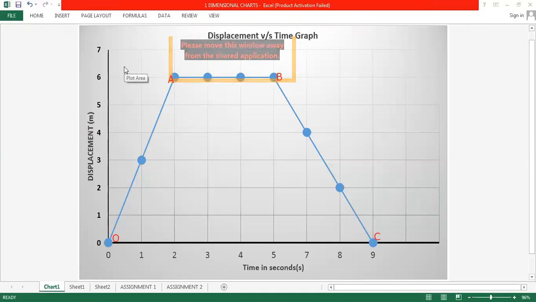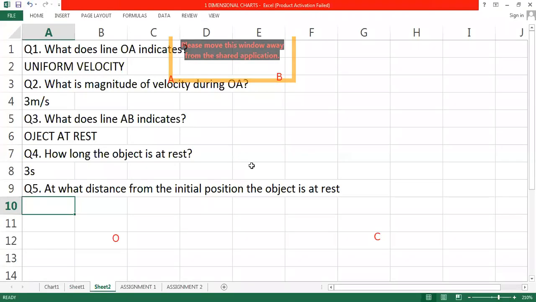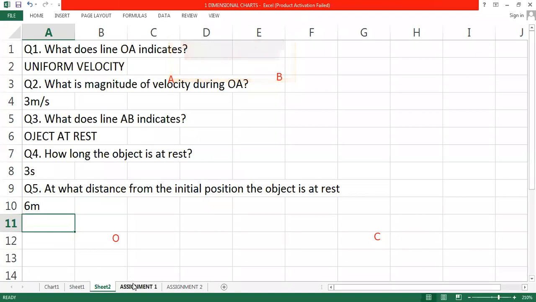So you will find that the object is at a distance of 6 meters from the initial position. Look at the y coordinates. For how long, look at the x coordinate, because x is my time axis and y is my displacement axis. For the distance, look at the displacement. Clear? So the object is at rest at 6 meters from the initial position. Then